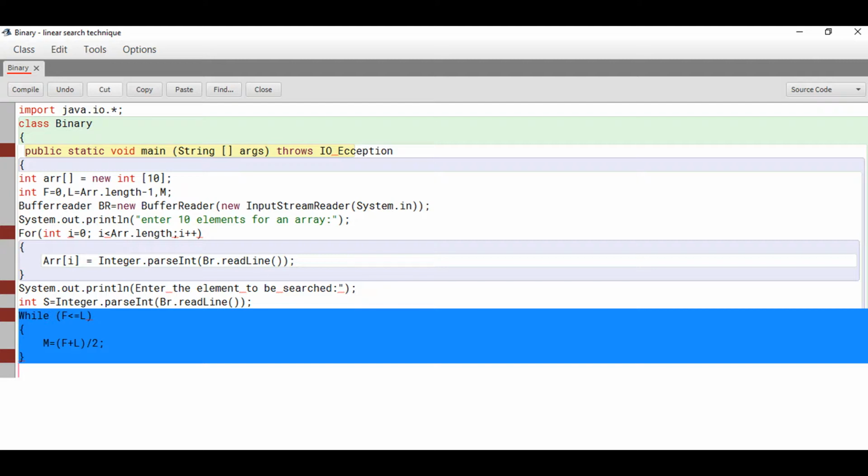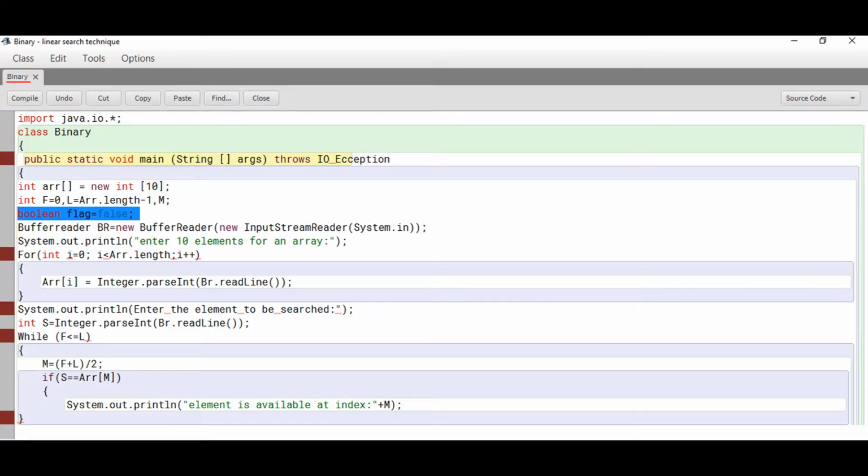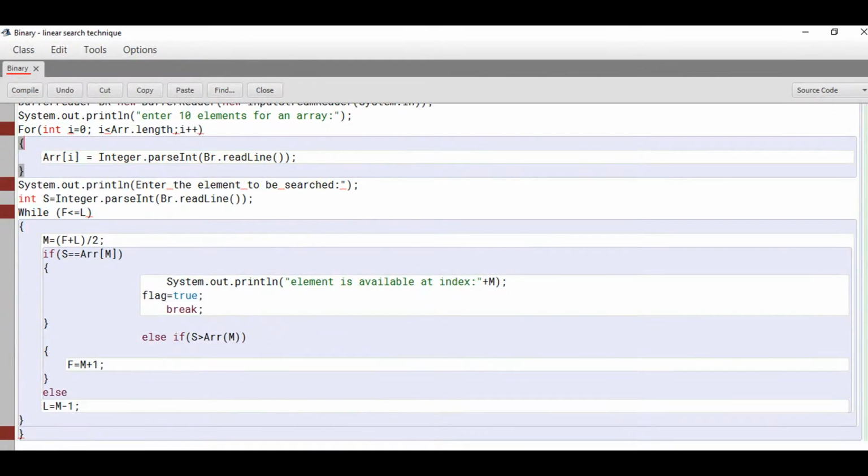For that we will use an if condition. If the element we are searching for is equal to the array element at the middle index, we will use a boolean flag, which is false as the default value. Set flag equal to true, and then we can break the loop.